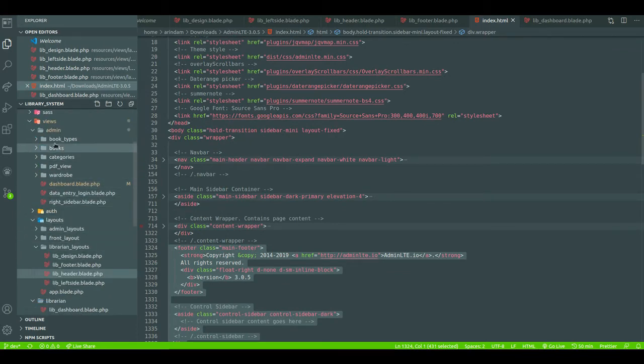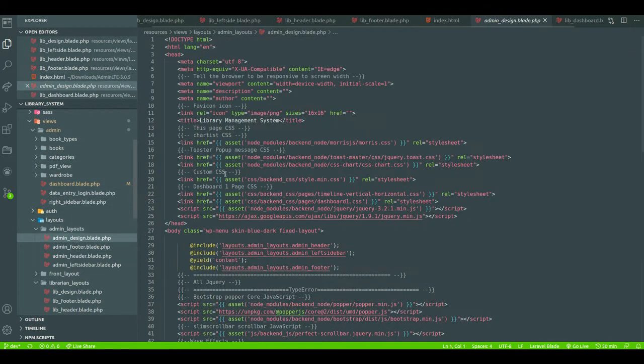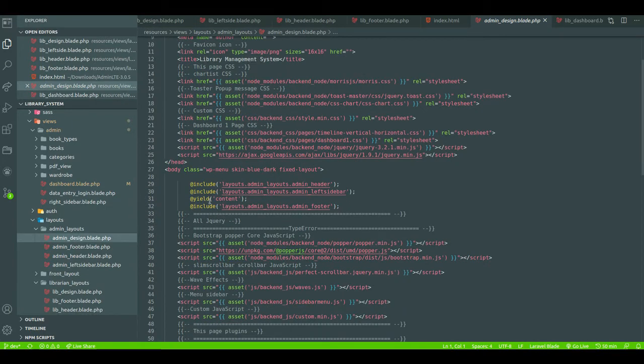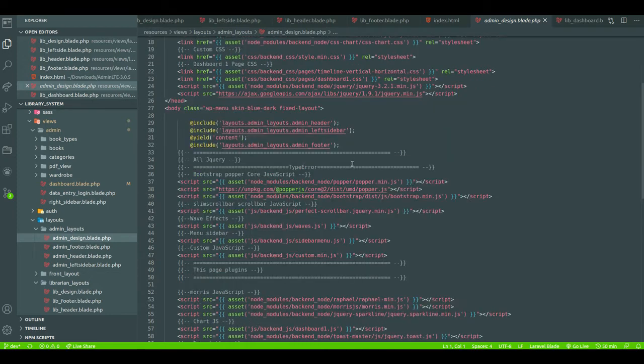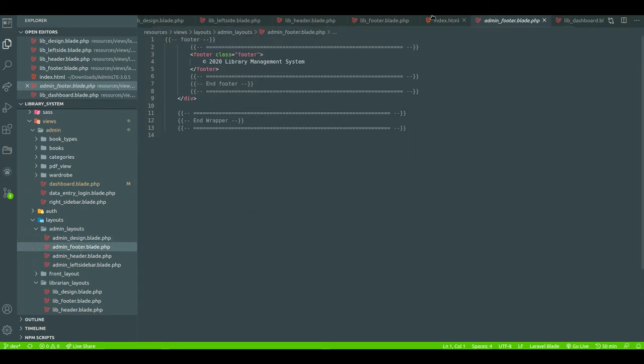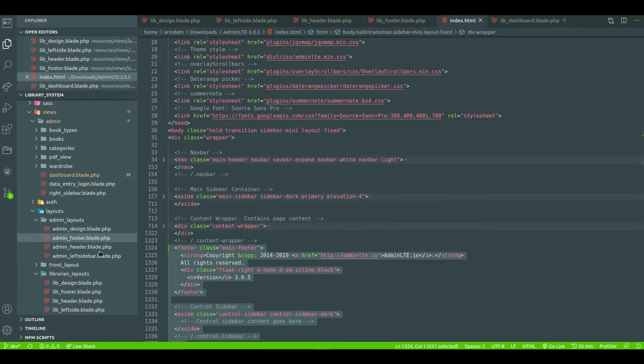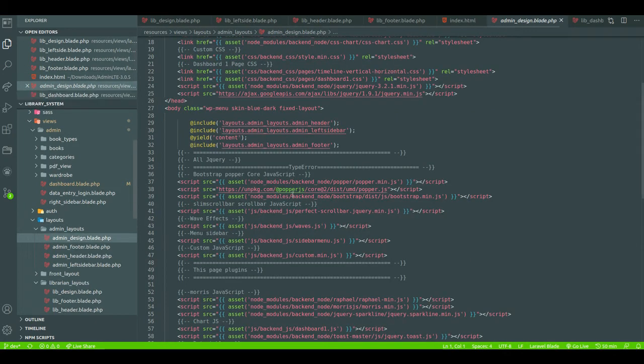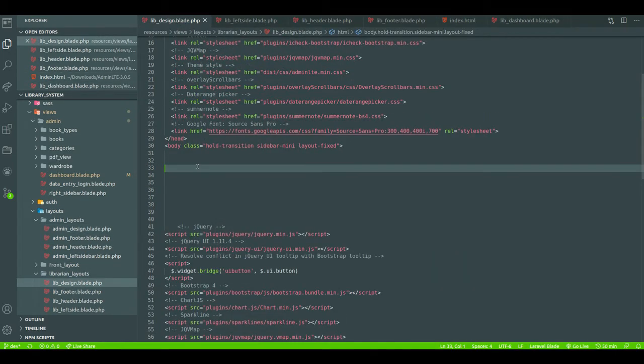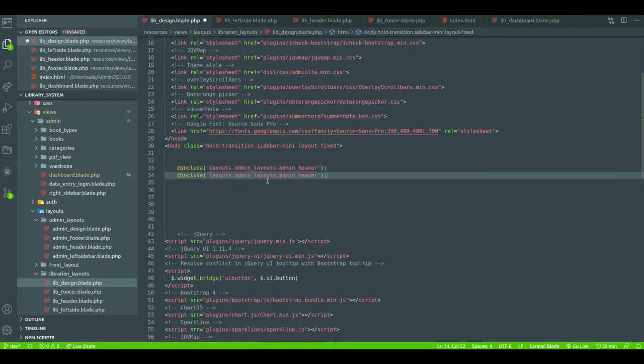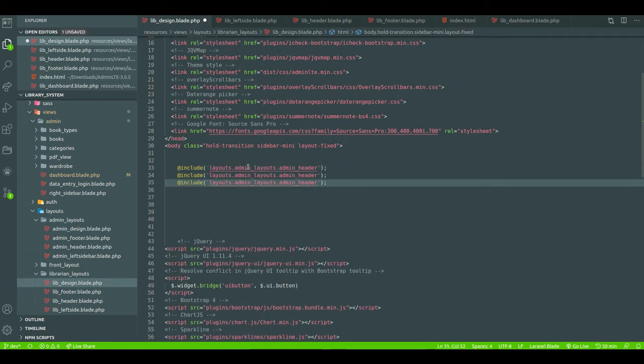Now go to that admin section, admin layout. Okay, check, include this, include this. Okay, same way we are following. I just copy one, so it is easy for us. Just cut it, go to the library design folder, and paste it. We need it 3 times. First one admin layouts, then library,